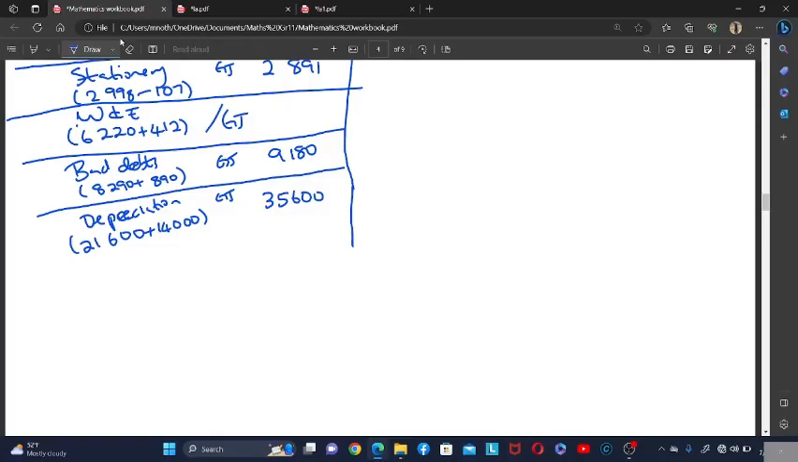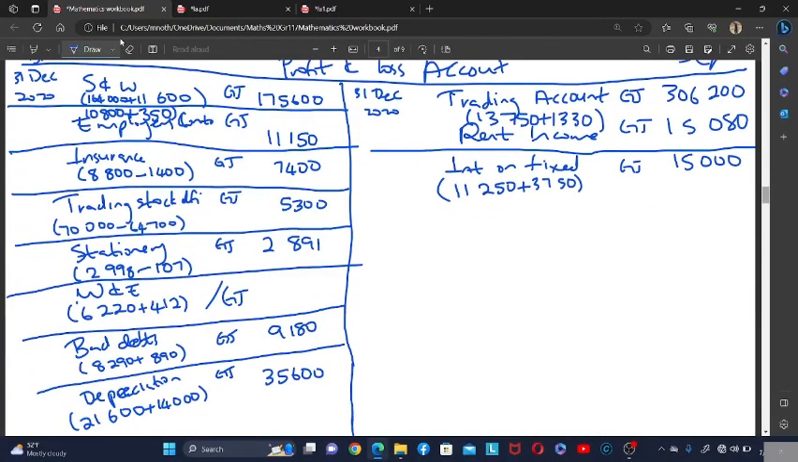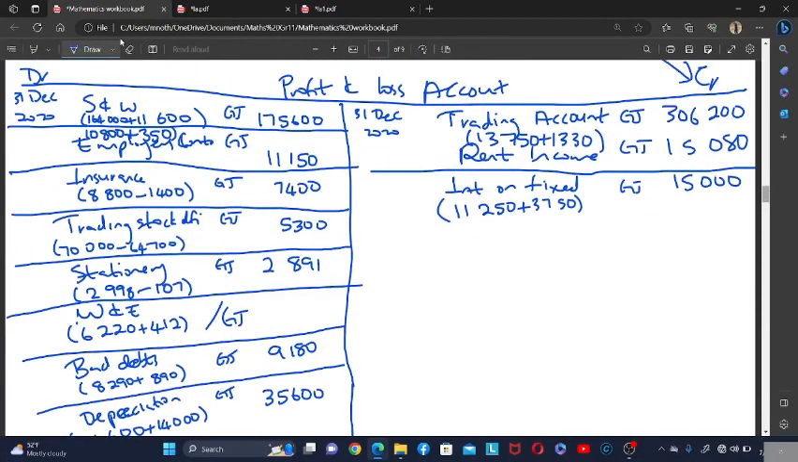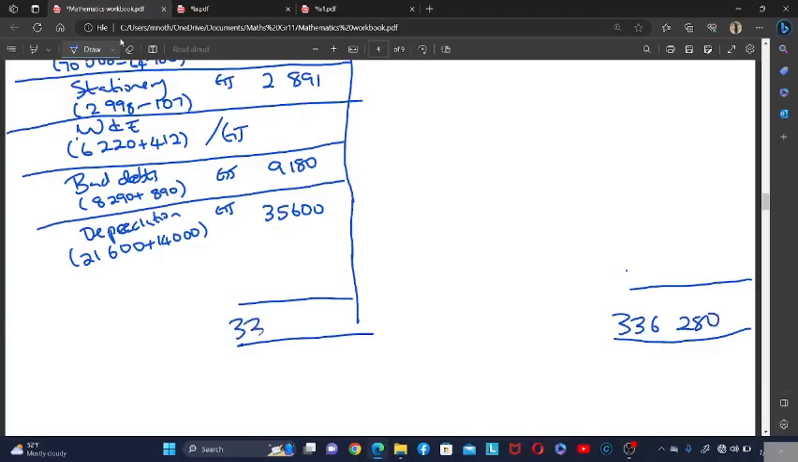Okay, now the last step. Now we check which side is bigger. The bigger side here is the credit side. So we must equate both sides with the bigger side. The bigger side here is 336,280. So if we check here, the difference is